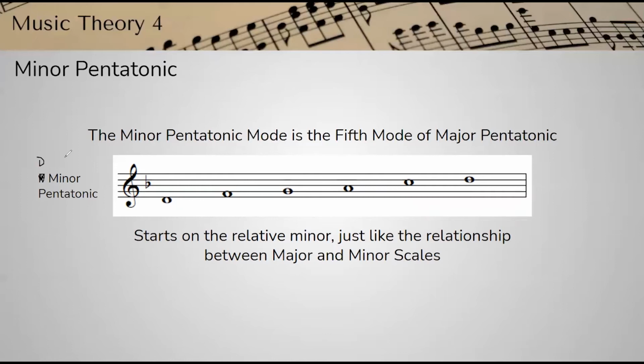This D minor pentatonic scale starts on D, which is the relative minor of the note F. So just like the scale of F major is related to the scale of D minor being relative, I think the quickest way to think about the relationship between major and minor pentatonic is that they are related by a relative relationship, right? So they are related just like F and D are relatives. So F major pentatonic and D minor pentatonic are also relative keys, relative scales, I guess. Okay,